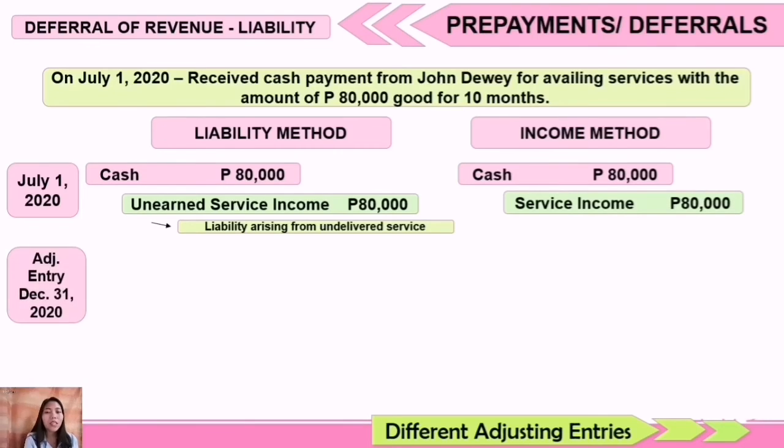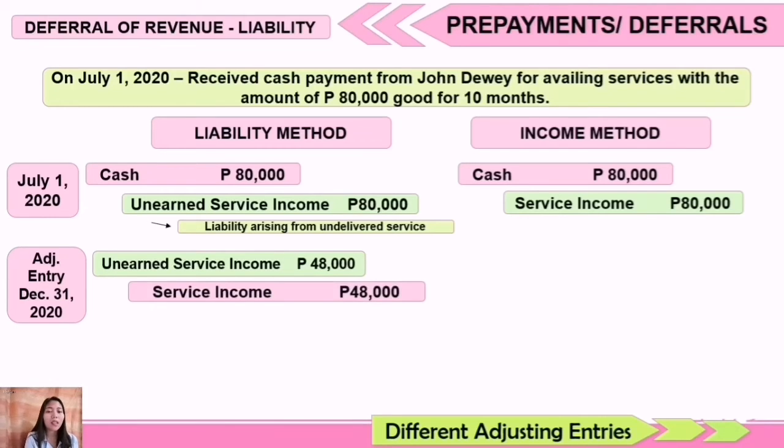That's it. Adjusting entry under liability method, in December 31, 2020, we have unearned service income, debit, and credit service income, then the amount. Now, why do we debit unearned service income? Remember, unearned service income is our liability. And from July 1 up to December 31, from time to time, we have delivered the service by month to John Dewey. Meaning to say, from July 1 up to December 31, we have provided him the service that we owe. Although there are still remaining months, we have provided a portion of